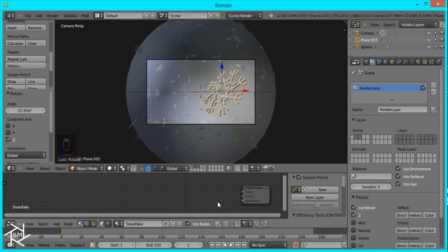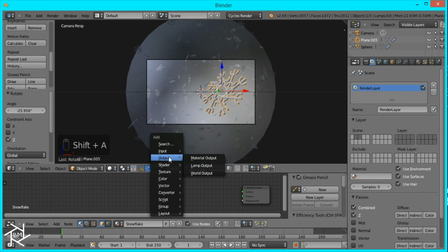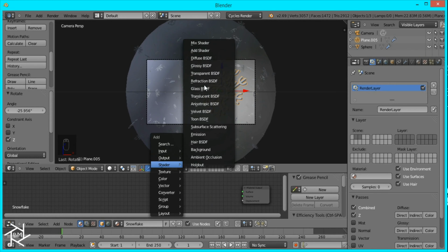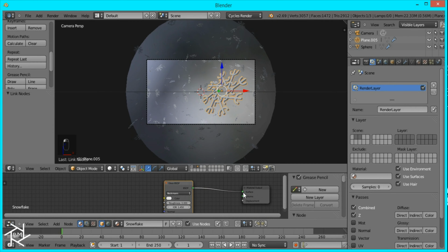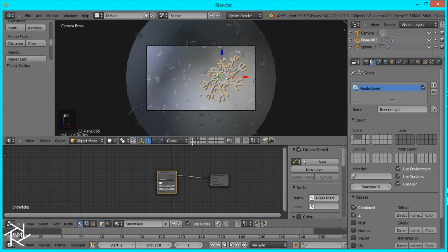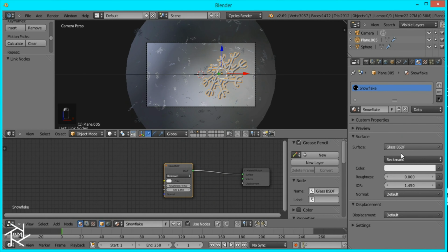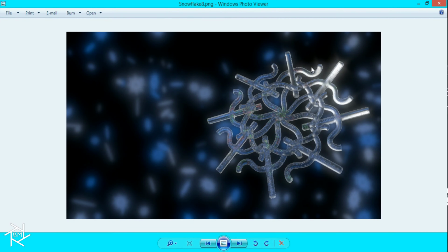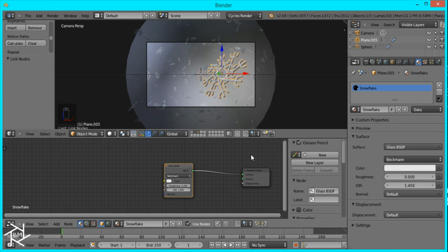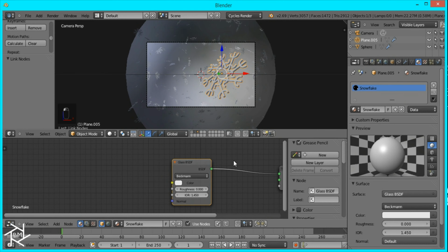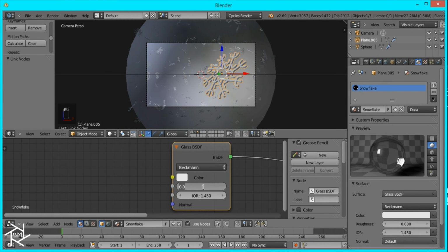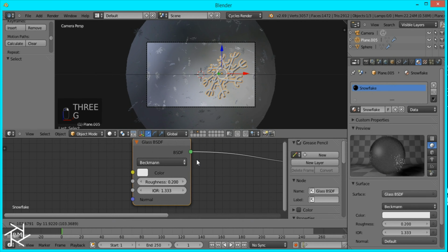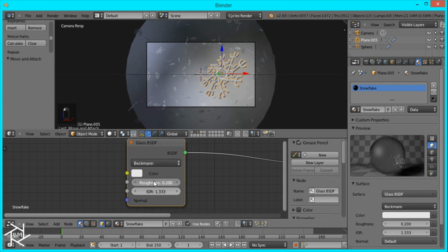Okay, so now for our material, we'll be using a glass shader. So add glass and plug it in. And we'll also be using textures to create these sparkle effects inside of our snowflake. But first we want to change our roughness to 0.2 and our index of refraction to 1.333, like that. Actually, I'm going to change the roughness to 0.25,